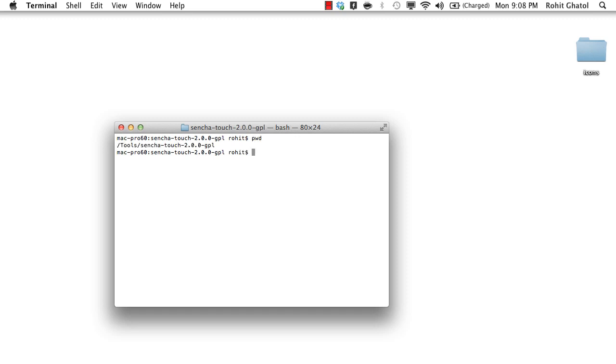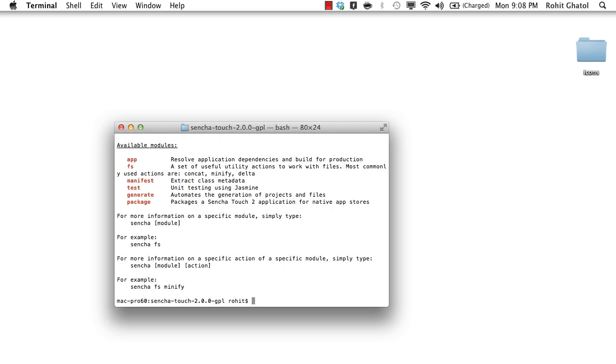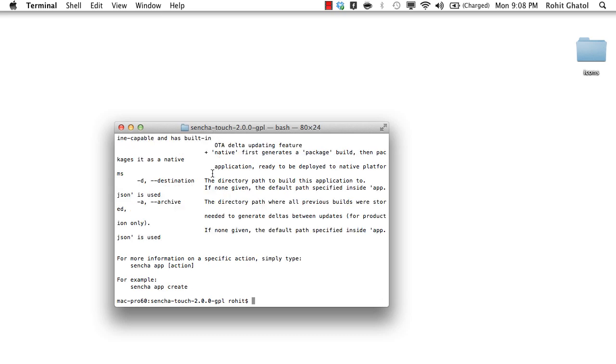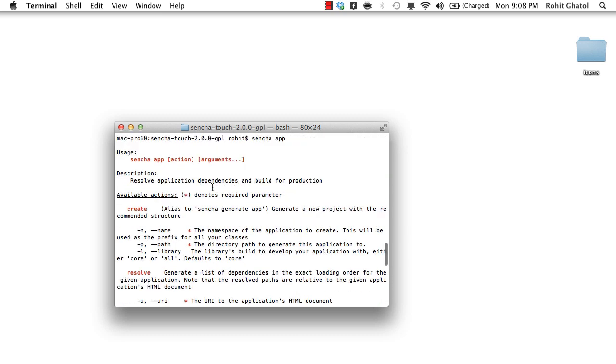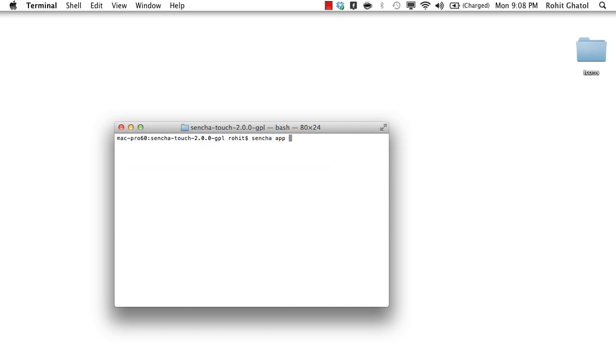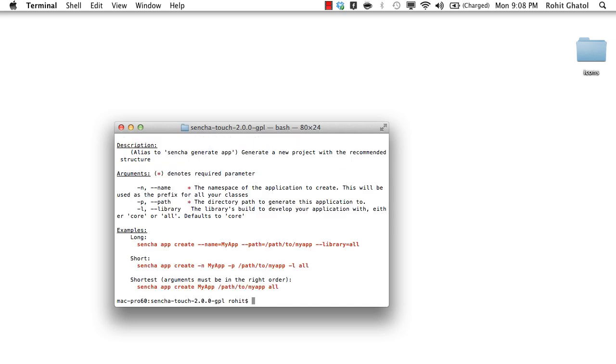Now, from the directory where you have the Sencha Touch SDK, you should type in sencha, and you'll get various options. What we really want to do is create a Sencha app. So I'll say sencha app. This will give me more options, and I'll write sencha app create. This will give me options. So I'm going to say sencha app create